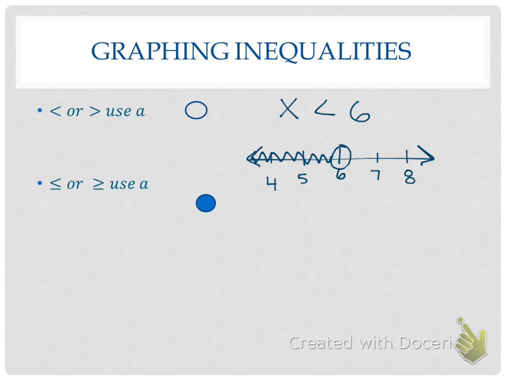Left. So we would shade our number line. Now, I just like to draw little squiggle lines. You could do this if you wanted to show me that it was going that way. You could color it in darker. Anyway, as long as I know, you know which way the